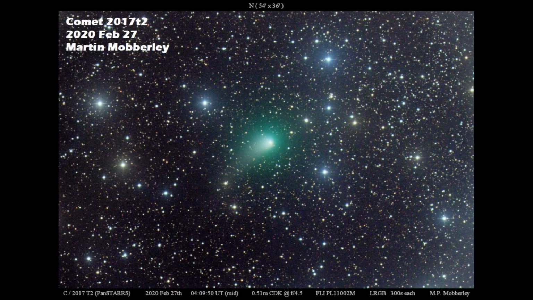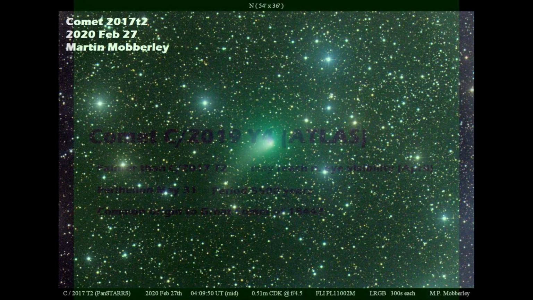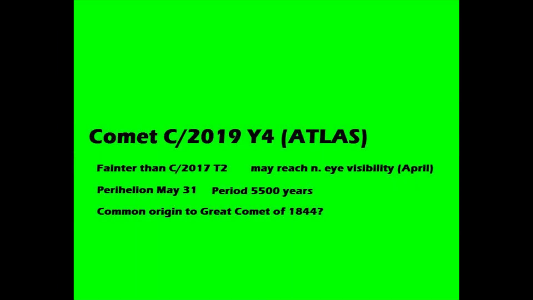Here's a nice image of it showing a tail from Martin Moberly, and you can see the slightly yellowish colour, the coma there, compared to the white stars. There's another comet, C2019 Y4, and this one might actually reach naked eye visibility next month, perihelion, May the 31st, and it's quite interesting that this might have had a common origin to the Great Comet of 1844.